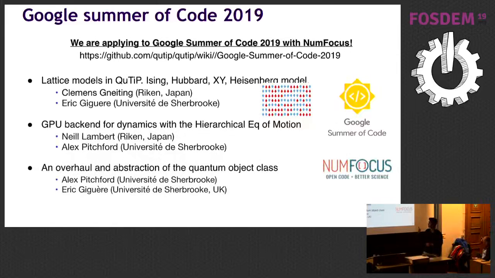The first project is lattice models in QuTiP. So if you want to simulate a large spin system, or maybe not so large because we don't have a quantum computer yet. But if you want to simulate or study simple spin systems and then inject noise into the system or study annealing, for example, we want to make it very easy for you to do it in QuTiP, because of course you have different versions of annealing in all these projects.